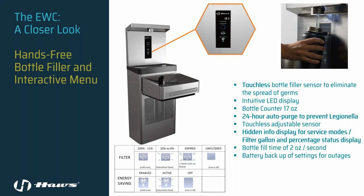We have built in something unique, something that is not available in other electric water coolers. And that's going to be a smart 24-hour auto purge. The benefit of an auto purge is to prevent Legionella or any other type of bacterial growth that could happen in the stagnant areas of piping where the water might be sitting, maybe over a weekend, or think about a school where school's not in session over the summer. We want to make sure that this unit is purging in case someone does come in and use that water